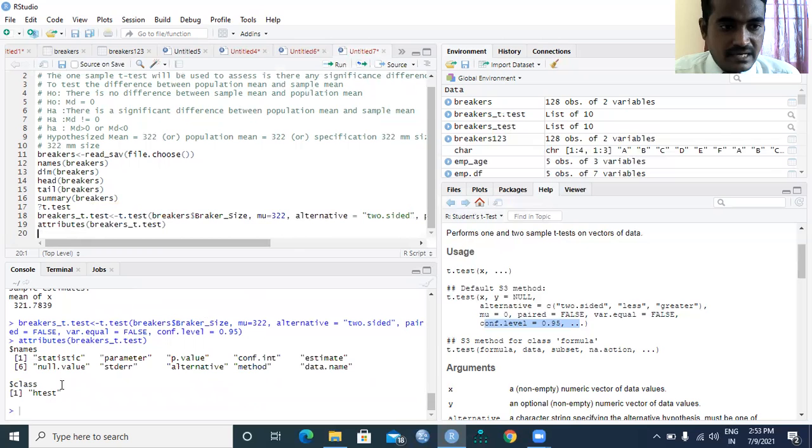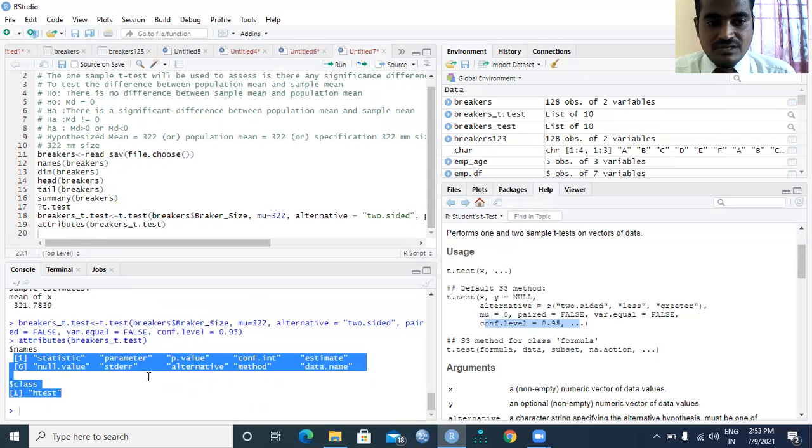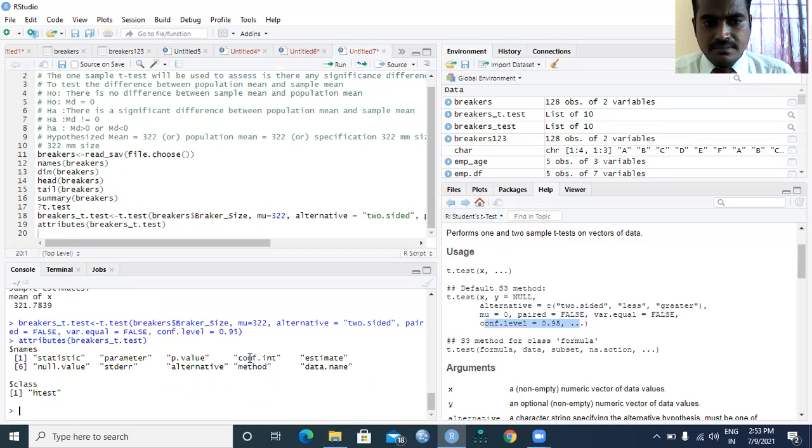See, there are so many attributes that come into the picture: statistic, parameter, p-value, confidence interval, estimate, null value, standard error, alternative, method, data name, and the class. So we will see them one after another.